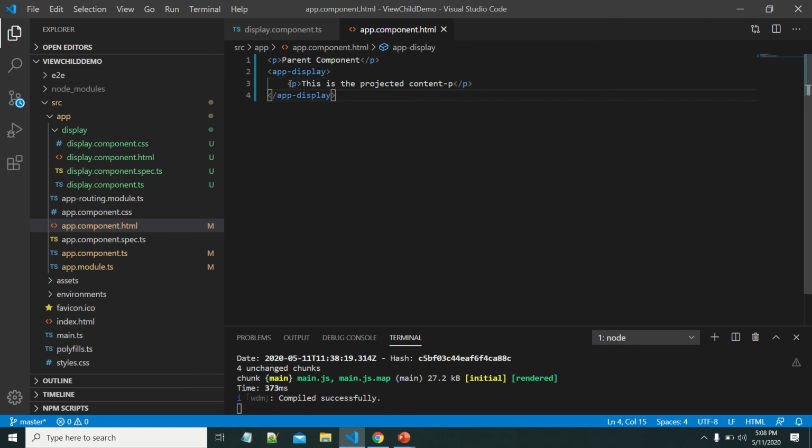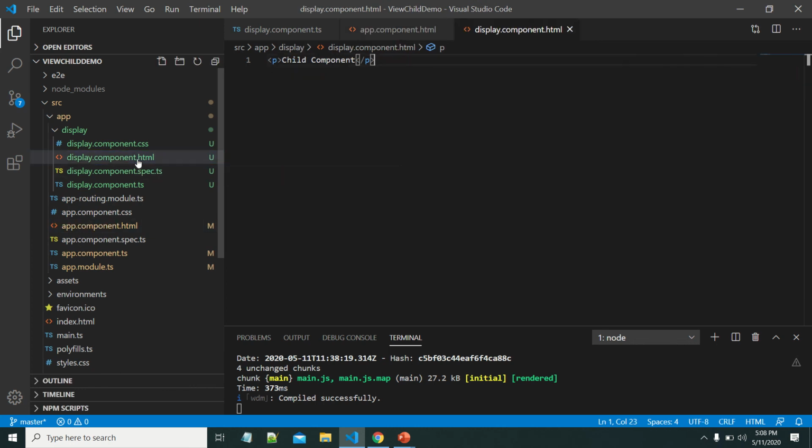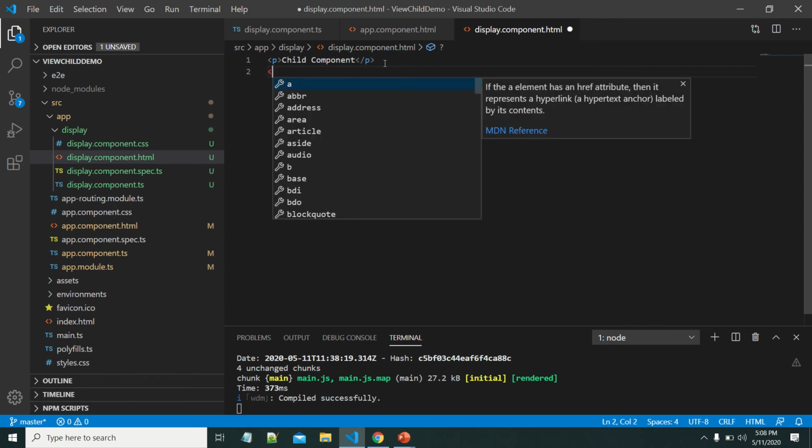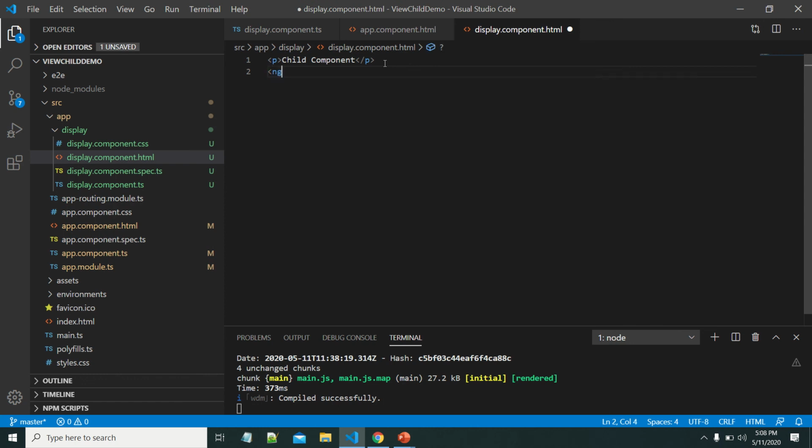This can be projected into the child component. If you want to use that projected content in the child component, you have to use ng-content. That means after this information in the child component, whatever the projected content from the parent component will be displayed here.